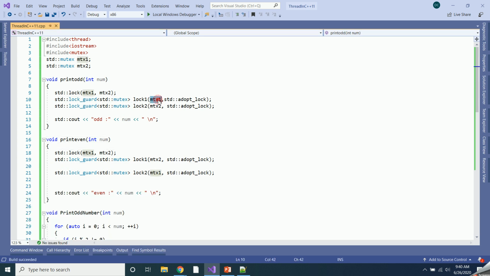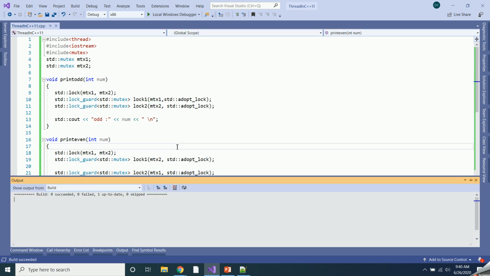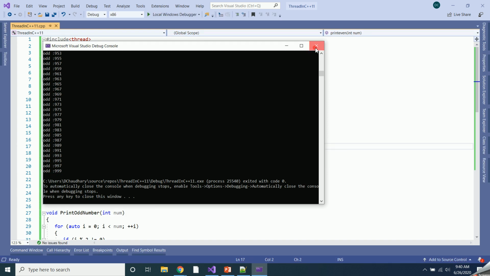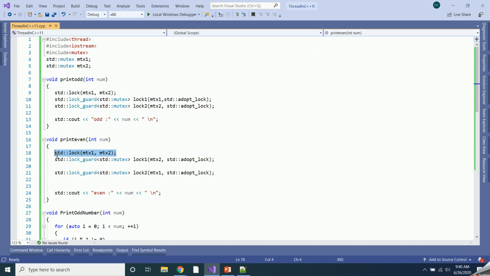In this case you are adopting first mutex 1, and then in this case you are adopting mutex 2. So if you just run the program, it should give you the proper output. This is because this lock is acquiring the locks in the same order, and we are just adopting those locks, basically those mutexes. So this is how you can solve the deadlock situation if you have multiple mutexes to lock.